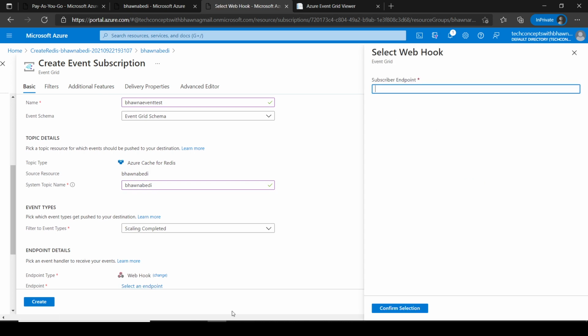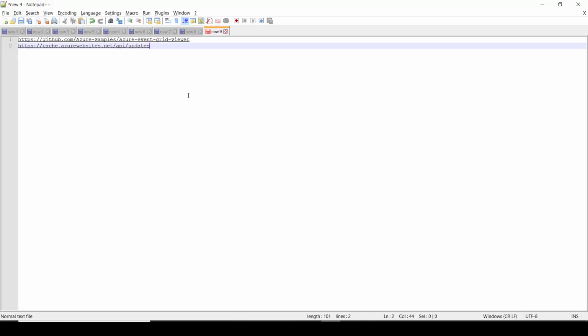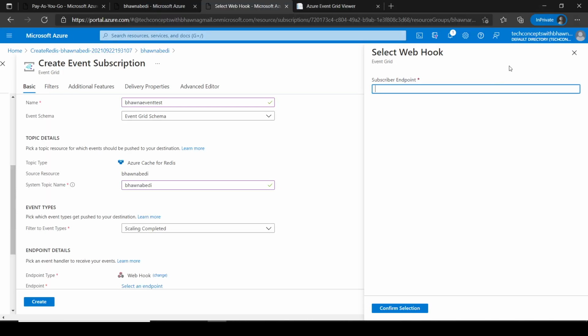This endpoint I'll copy and paste from here. This is basically your web app URL. That is one of the reasons I have taken the automatically built code provided by Microsoft rather than building our own code.